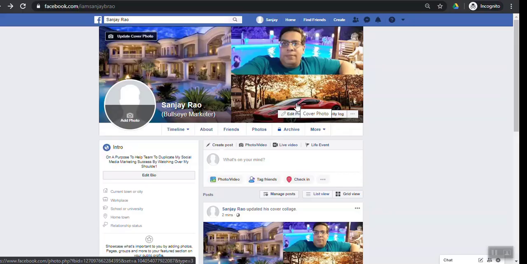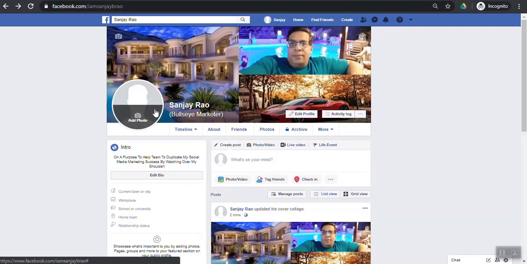Now I will show you the next method to create a Facebook cover photo. I just forgot to mention, on the mobile section, the Facebook profile image, which is shown on the left side on the desktop, will be displayed in the center on the mobile. So ensure that there is not much image or text on this center part.